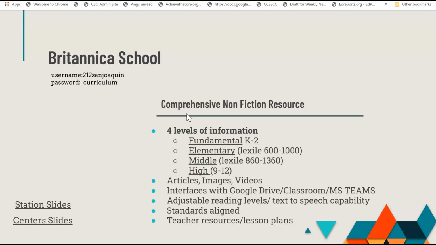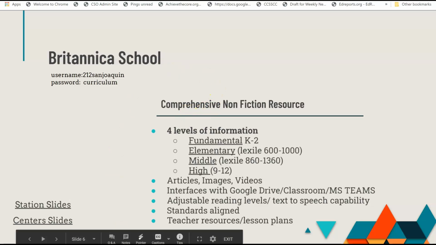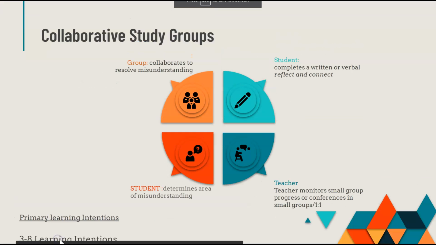So Britannica School offers you a resource that is going to truly be able to free you up so that students have an engaging tool in order to work in small collaborative groups. So now to go to our collaborative study group work, I want to throw a little spin on it. So obviously, as I've been talking, you can take information and create these center type small groups of working stations